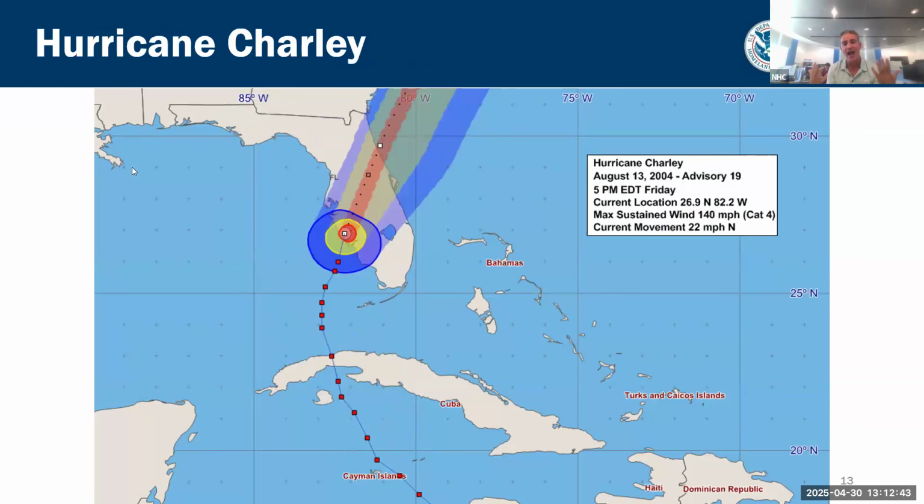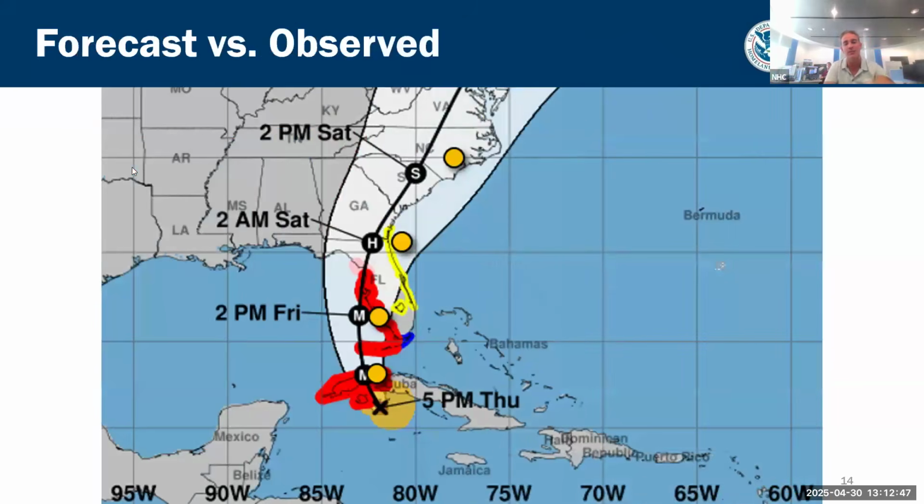So the question is, how do we calculate this risk? Because if you go back here and you look at the forecast, take a look, you can see the orange dots is what actually happened compared to the black dots, the prediction. You'll notice that it wasn't a terrible forecast. It went a little right of the prediction, but it stayed in the red shading area. That's the hurricane warning area, but still kind of felt like it caught people off guard.